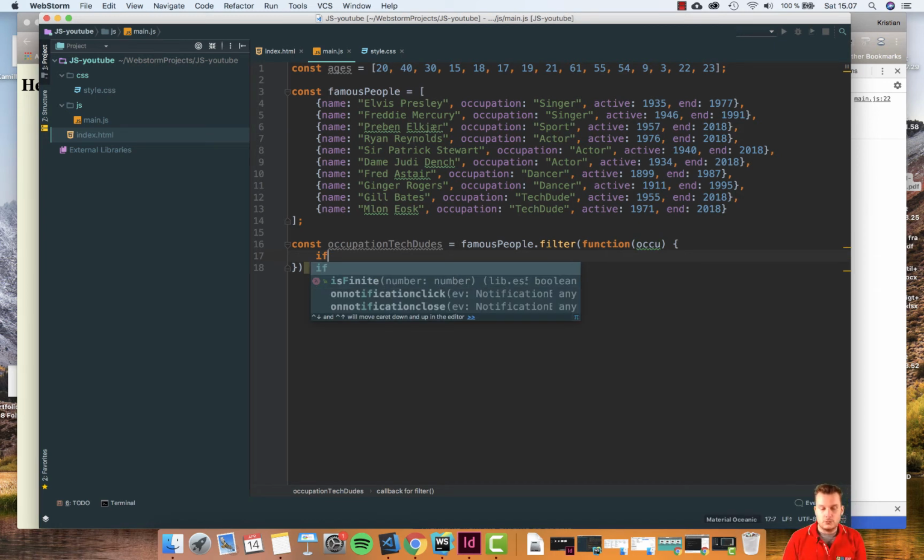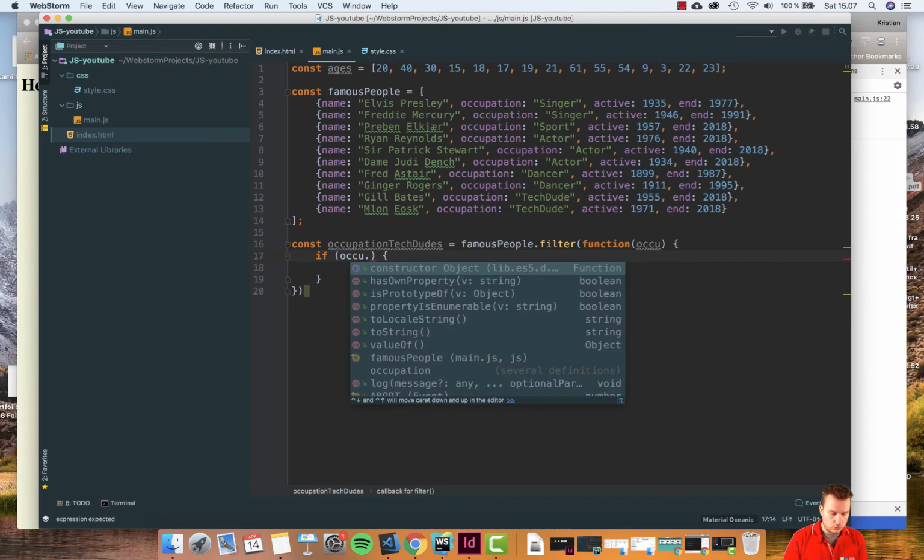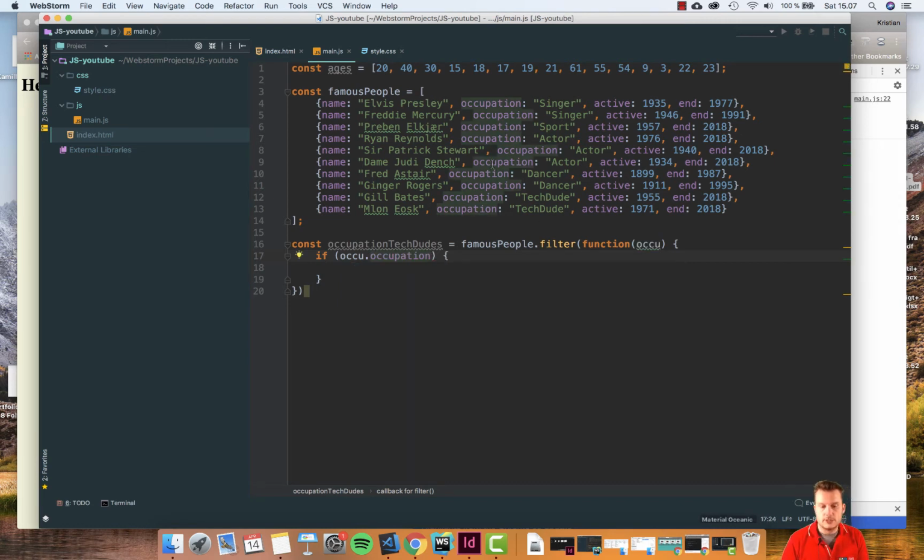So if, we want to do an if statement here. So we want to have a condition in our if statement to say, if something is true or equal to, that's kind of what we want, then you should do this. And what we want to test is, we want to test the occupation, so all the items we are passing in, or saving up here, we want to check them towards the occupation. So occupation up here. So if the value of tech dude is true, then we want to say that you